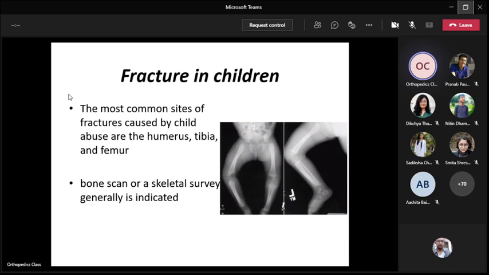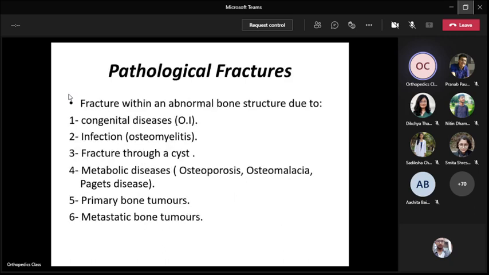And in those types of cases, you need a skeletal survey. You have to look at the other parts of the body also to find an injury pattern. So you should always be suspicious. We normally teach our residents also. In the age group of less than 2 years, which is not able to communicate, you should always be suspicious of child abuse. Certain pathological conditions which may produce fractures will all be dealt with in separate topics.